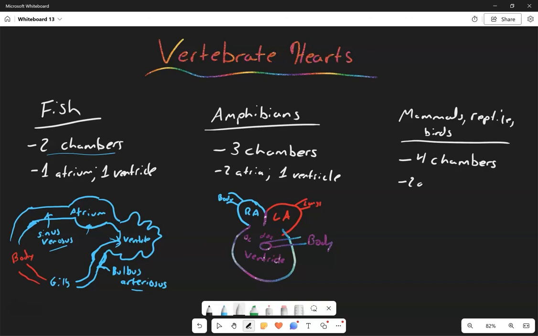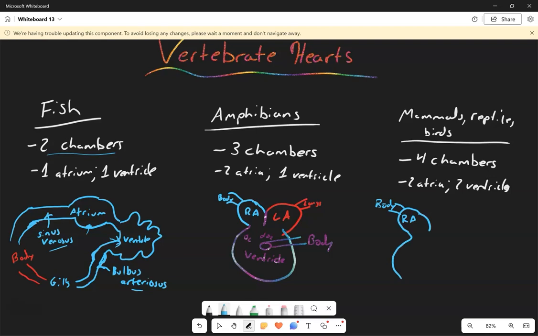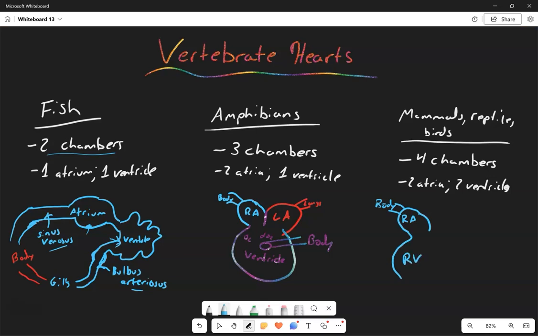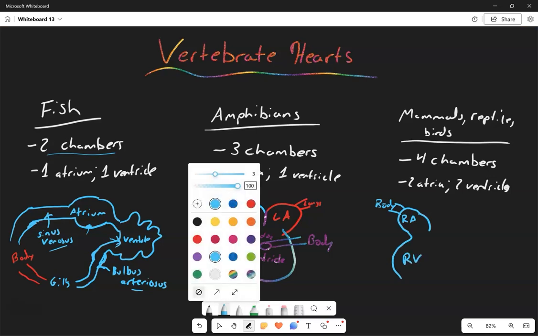You have two atria and two ventricles. Okay, so you have a right atrium, which is going to receive blood from the body via the vena cava. So we're just going to put body here. And this is my right atrium. Okay. And then that's going to lead into the right ventricle. Okay. Then we have the left atrium,